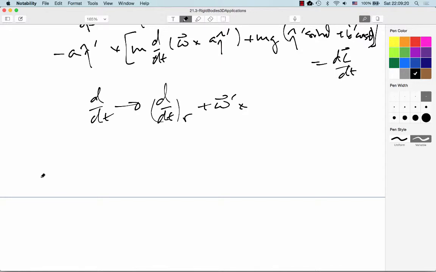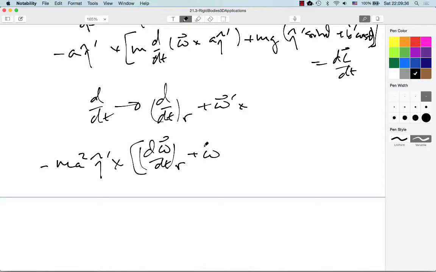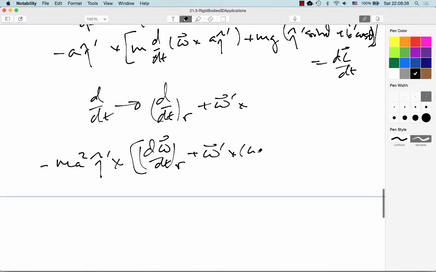So that's what we're going to do. So pulling out factors where we get them, we have minus ma squared j prime crossed into d omega/dt evaluated in the rotating frame plus omega prime cross omega cross j prime